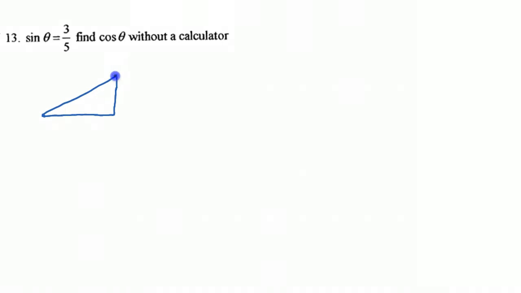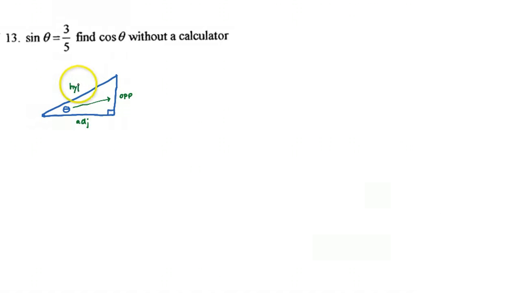So first thing that I want to identify is, well, where's theta? Theta is in this position right here. So what sine theta is, is the ratios of sides of this triangle relative to this position. The reason why I say relative to this position is because, remember, relative to theta here, the length over here is the opposite, the length here is the adjacent, and the length